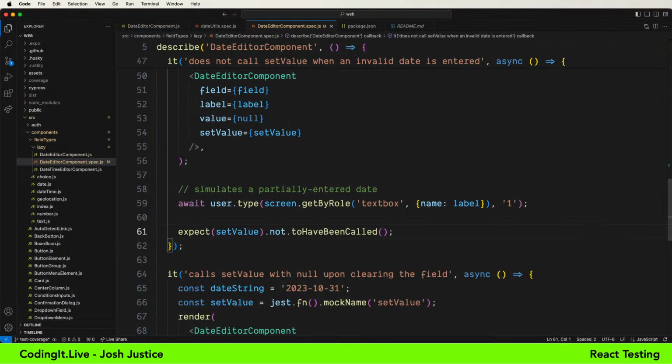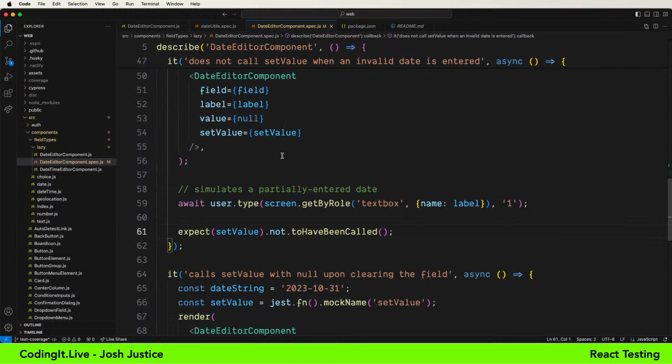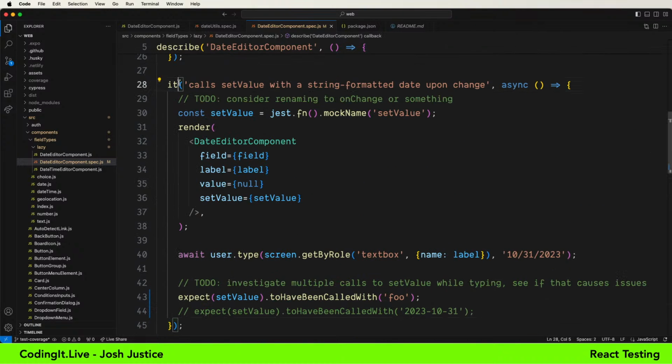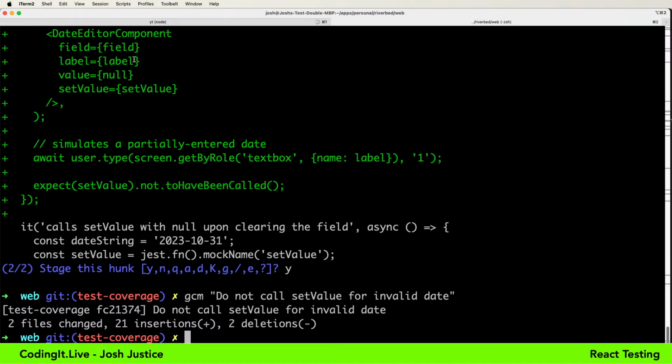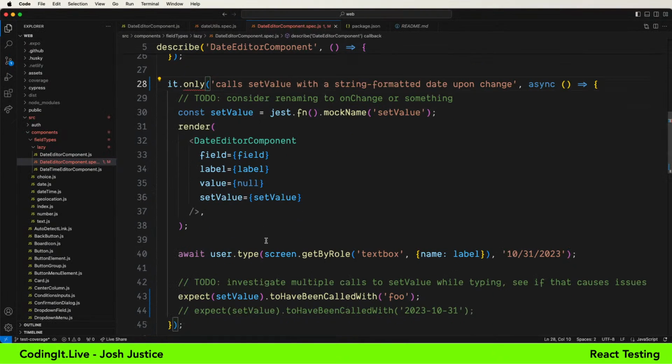So thinking back, first of all, we see that our change has done what we expected in the overall application. And also, remember when I had an invalid value and we ran this test, and I'm going to run only that test, it says it's been called twice. So now we understand it. Before, I was surprised that it was called 3 different times and one of them was a problem. We've taken care of the one that's a problem. And now we see that yes, it's going to be called twice as you're typing this in, and that's expected. That's totally fine.